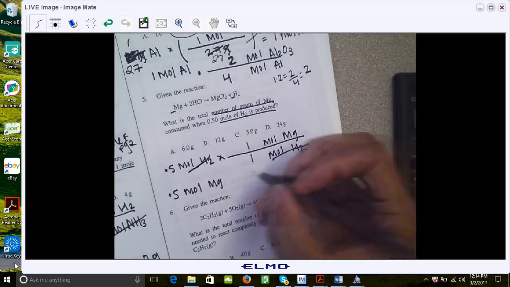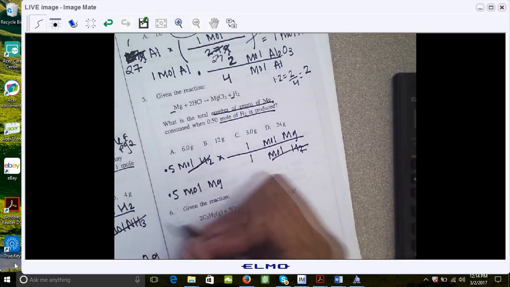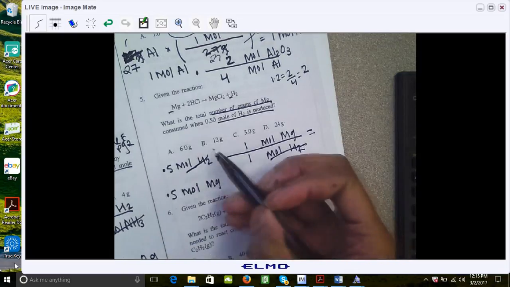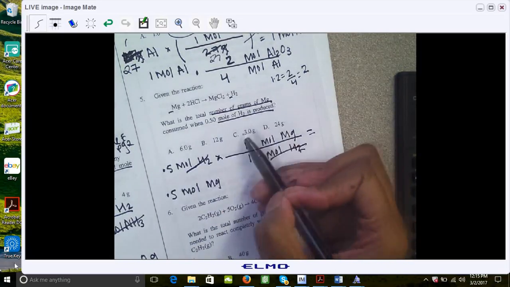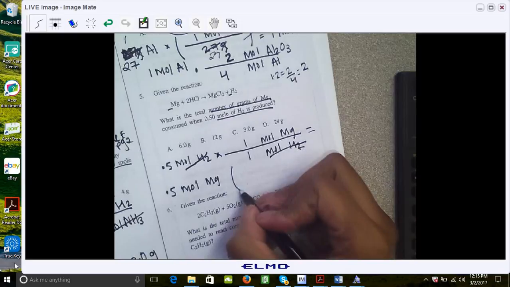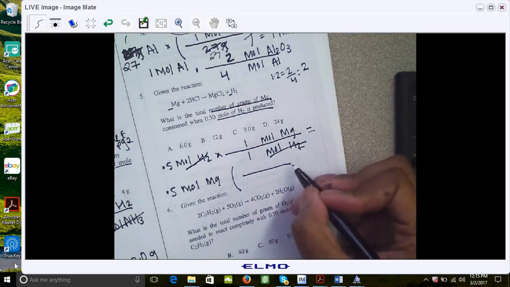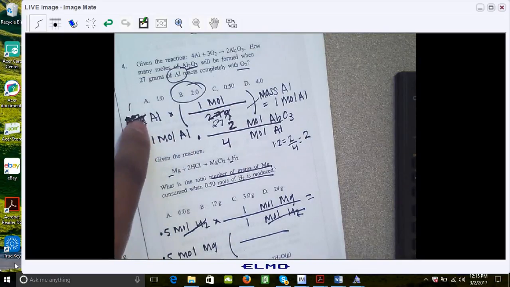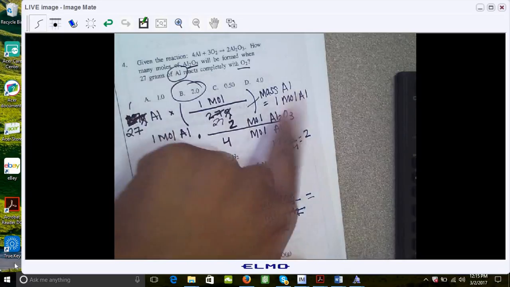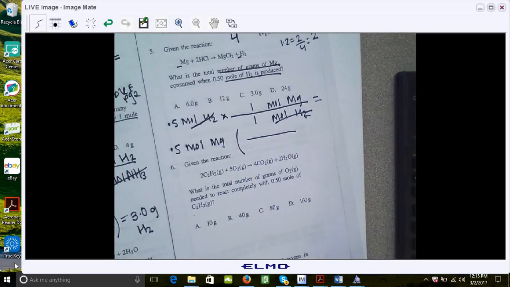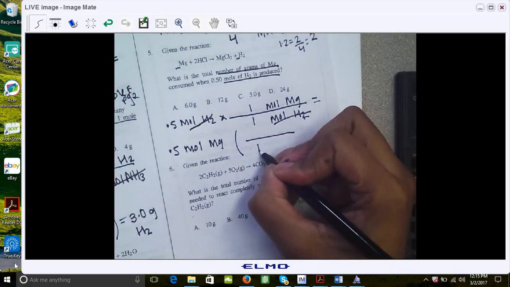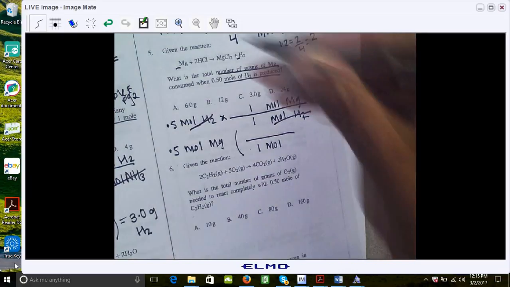Good. So again, we found the moles of Mg for this reaction, but they asked for grams, and our answers are in grams. So now we have to convert. In the equation at the top, I put my moles on the top because I started with grams, and I put my grams at the bottom so I could cross out and end in moles. This time I had moles but want to go to grams, so I'm going to put my moles on the bottom. So 1 mole times my mass of